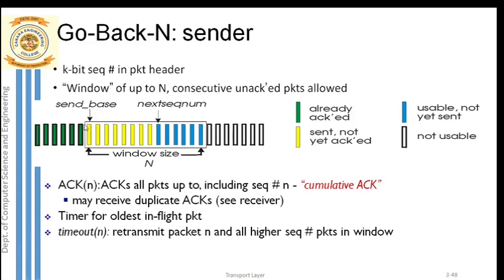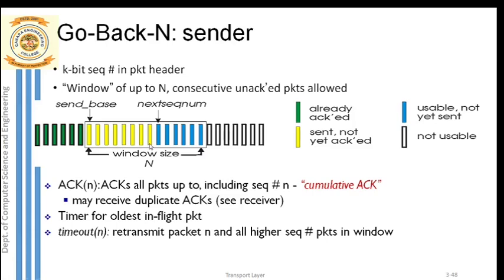Now you can see some yellow packets, blue packets, and some empty or white packets. These yellow and blue packets are all represented inside one rectangular box. So what is that rectangular box? It is nothing but our window, and you call this window the sliding window. Just count the number of packets inside the sliding window. 1 2 3 4 5 6 7 8. There are a total of 8 yellow packets.